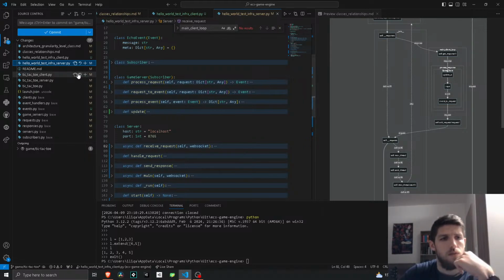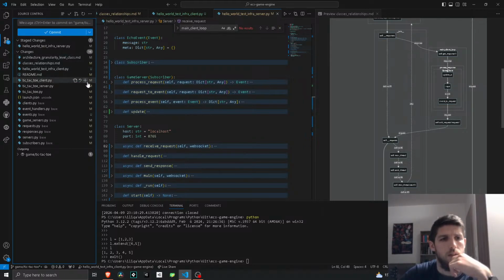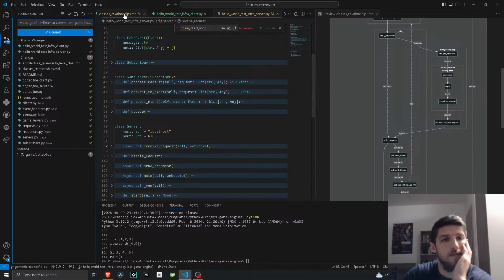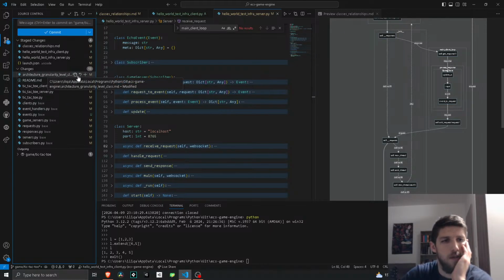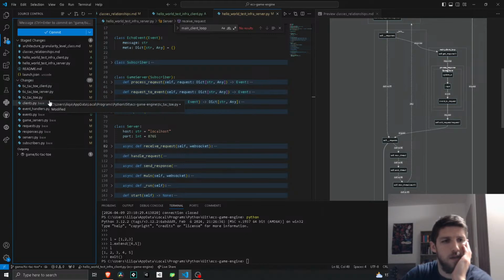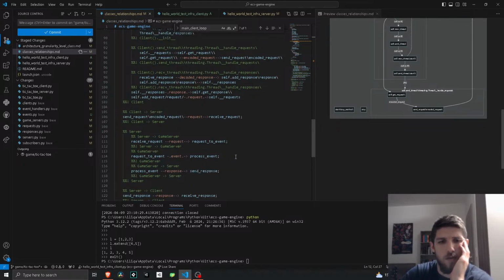So this is the server and the client test and the orange JSON and class relationships, and I think this and this. But I need to